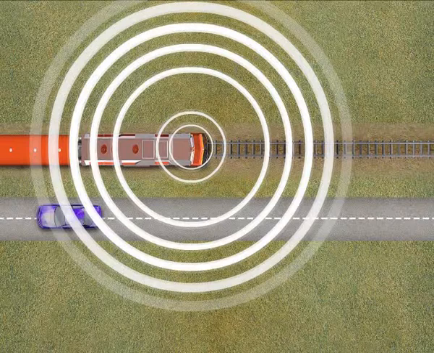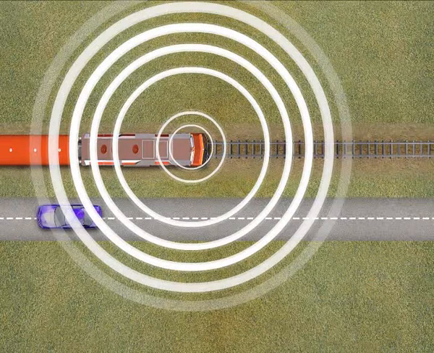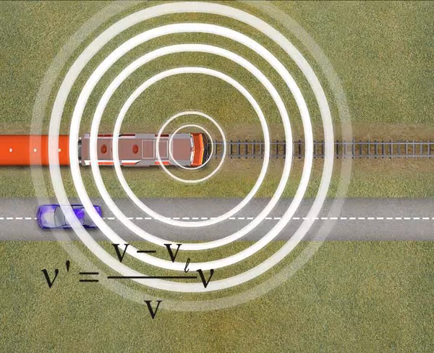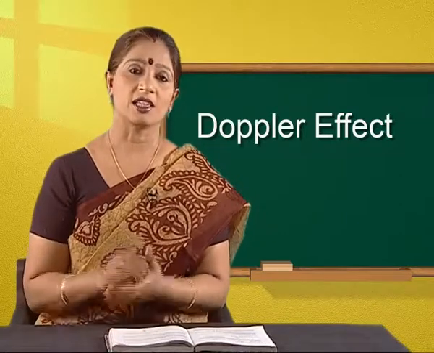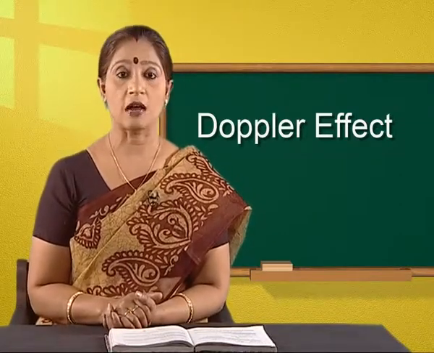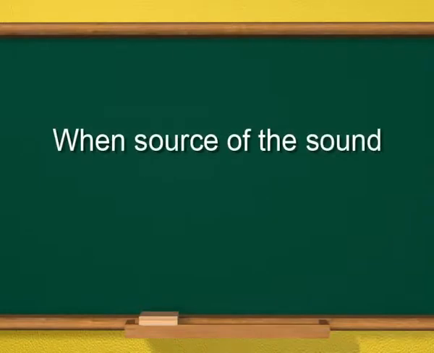On the other hand, if the listener is moving away from the source of sound with velocity vl, then the apparent frequency of the sound can be obtained by changing vl to minus vl, and the expression for apparent frequency would be ν' equal to (v minus vl) by v into ν. It shows that ν' is smaller than ν. Thus, the pitch of the sound appears to decrease when the listener moves away from the stationary source of sound. Can you imagine what would be the apparent frequency of sound waves when the source of the sound and the listener